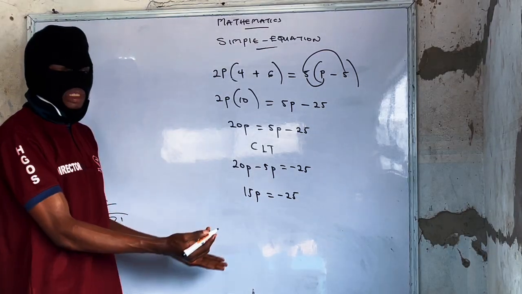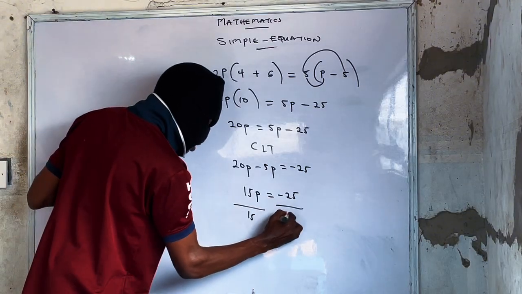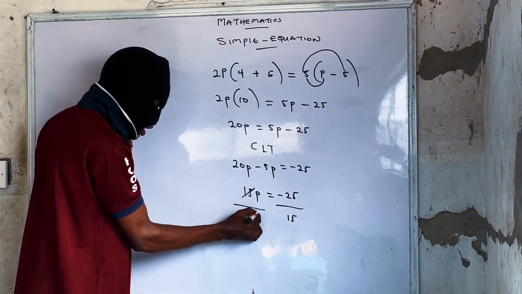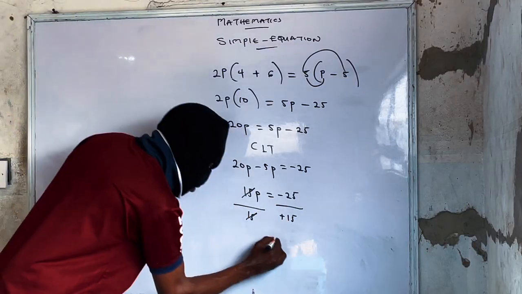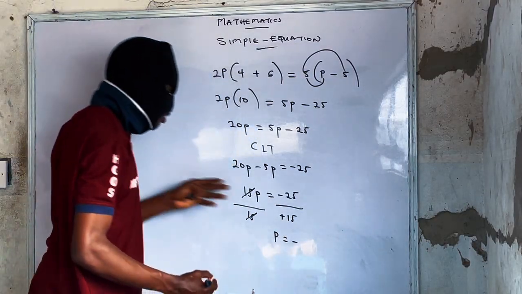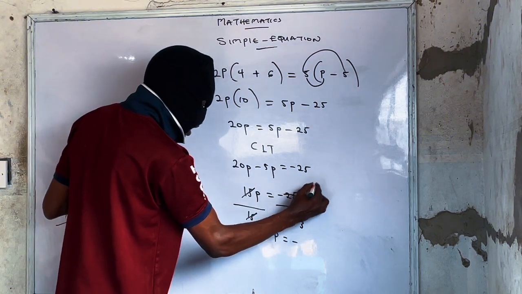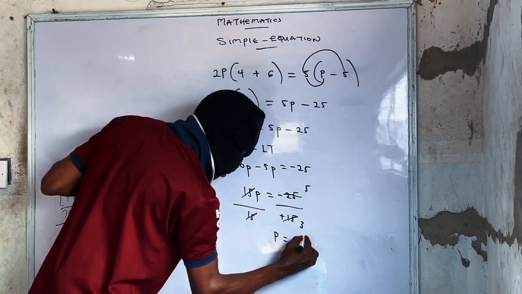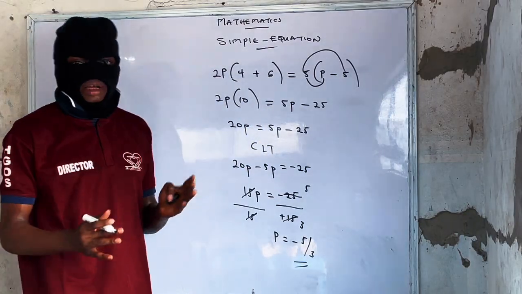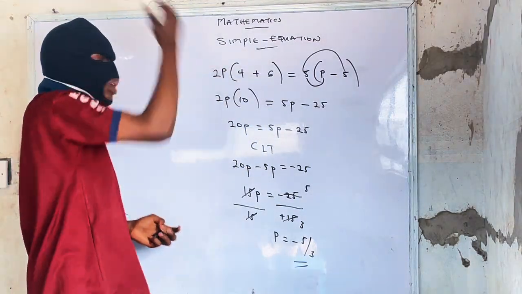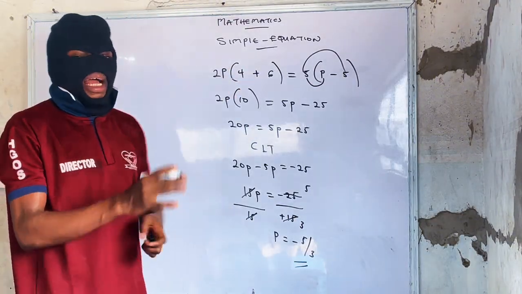Then you are dividing both sides by the coefficient of p. And the coefficient of p is 15, so 15 over 15. Now the invisible plus is here. Minus divided by plus will give you minus. 5 in 15, 3. 5 in 25 is 5. So the answer will be minus 5 over 3. So that is all about opening of brackets. Just know that the number outside, you are using it to open any terms inside the